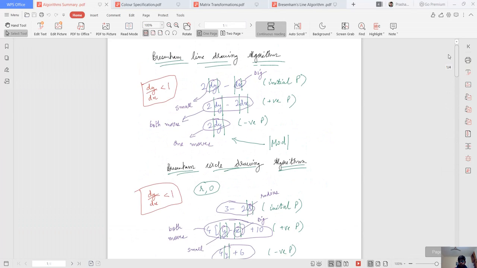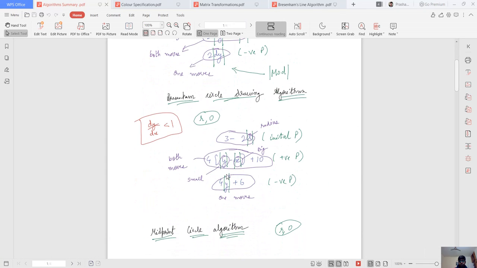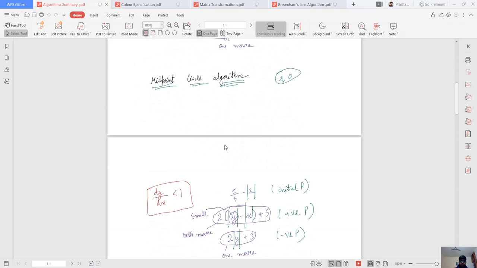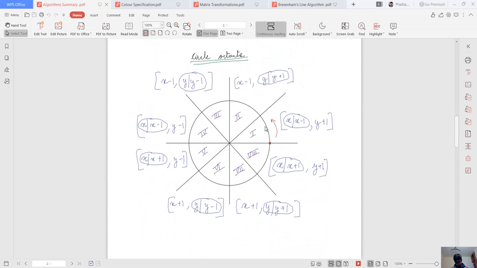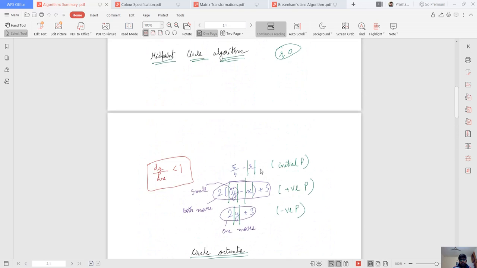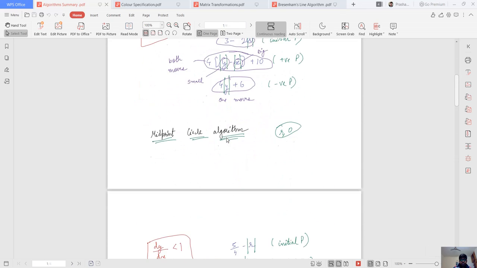Actually, in the formula, to make it work in every octant, we have to take the modulus, like I said in the previous video as well. It will also behave like this: the first one should be small and the next one should be big. So, let me go back here. In the first, fourth, fifth, and eighth octants, y will be smaller and x will be larger, so y will come first.